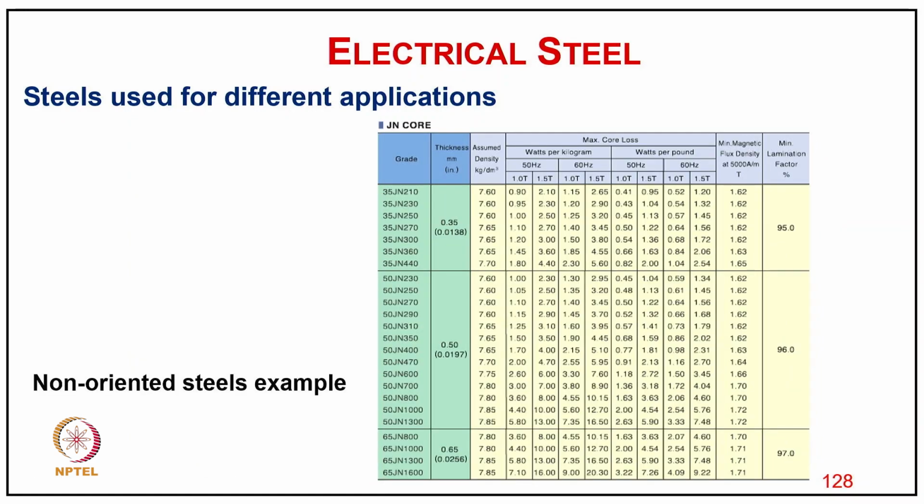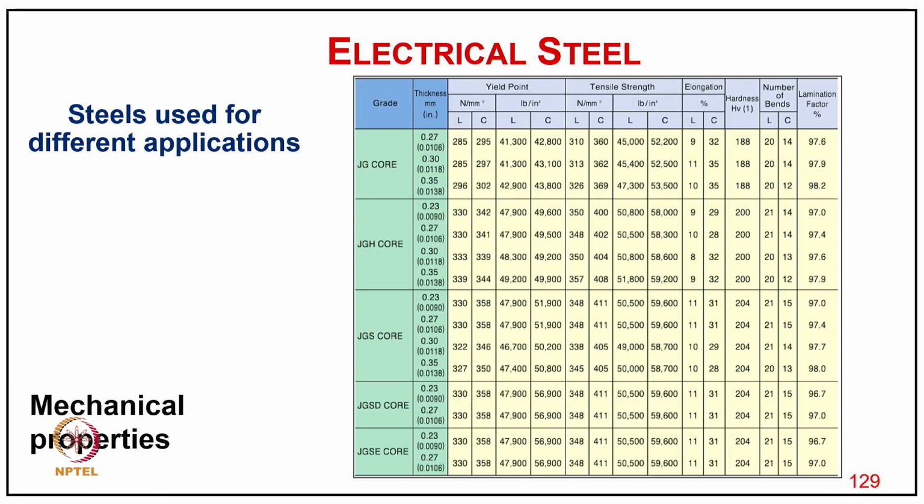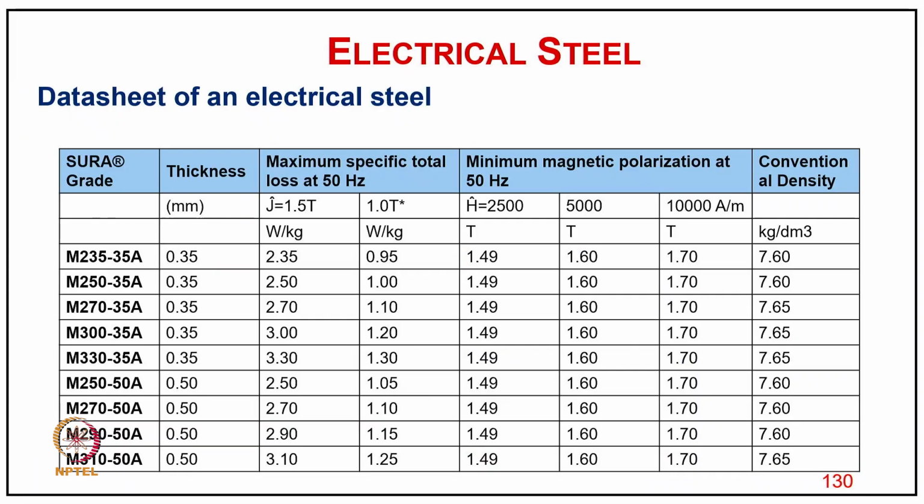Then a typical example, again of the non-integrated steel strip, shows the properties of the different steels, which are used for different applications, including their mechanical properties. And then the data sheet for electrical steels. You can just see thickness, maximum loss, specific loss, typically the core loss at different flux density, and